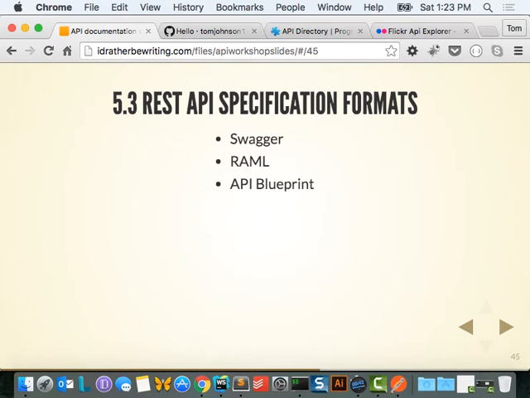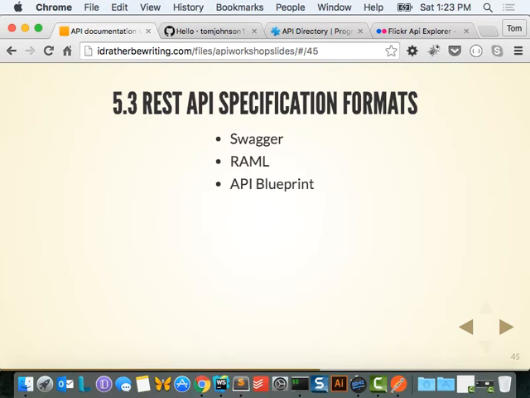With DITA, you have different ways of describing help information in a structure, so that if you put it in that structure, it can be transformed into certain outputs. Well, with Swagger and these others, if you describe your API using a certain format, different systems can process that description and output it into different cool